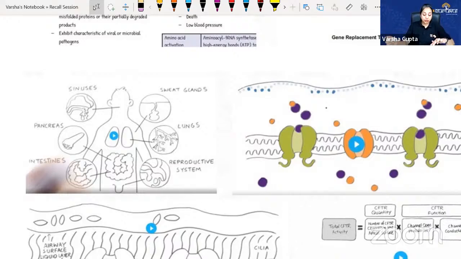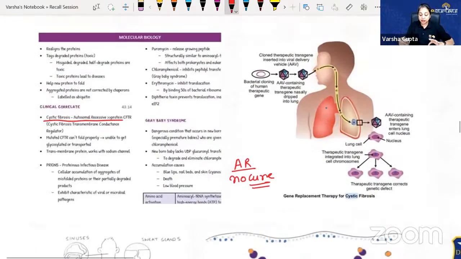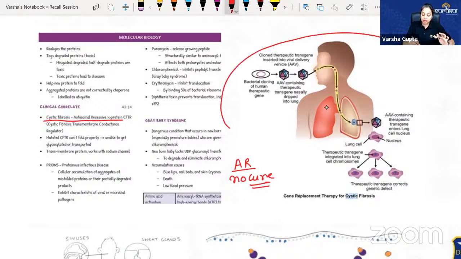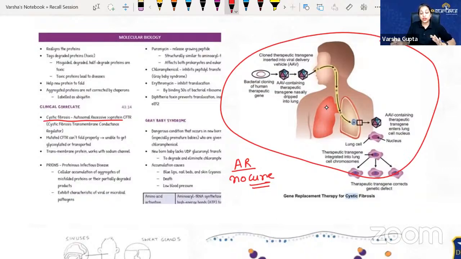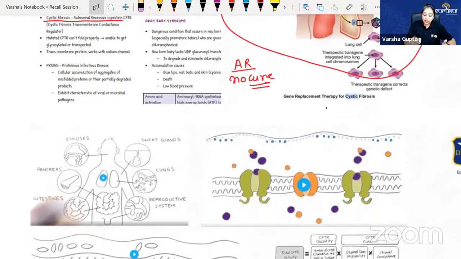Okay, so coming back to this one, right? This cystic fibrosis, it is an autosomal recessive disorder and there is no cure. No cure. In the gene therapy section, we have done this, right? That there is a gene replacement therapy available for cystic fibrosis, and now that's how it is done. But we are still trying to do it, there is no easy cure for that, right? And because of the mutation in the CFTR gene, this was one of the recall questions in